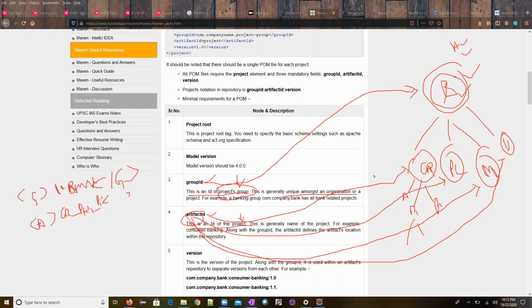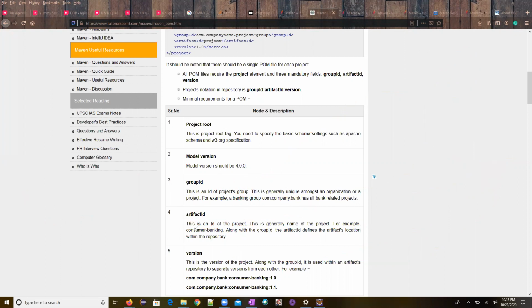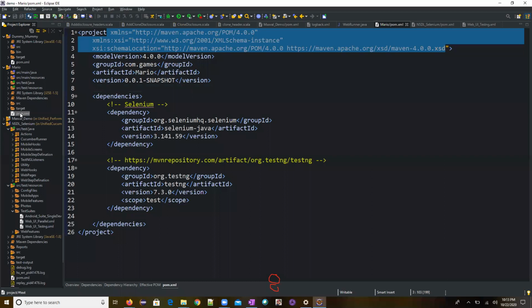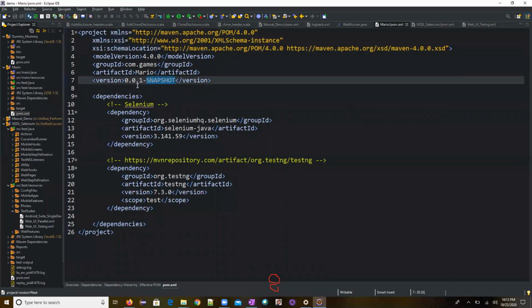Now, the most important topic we want to discuss, the versions. Okay, when it comes to the versions, the versions will be defined with this, what is the version of this particular framework. Whenever I'm trying to create the framework, I'll be giving the version number as 1.0 or 2.0. So that we will be writing it over here. Now don't get confused with the snapshot. I'll come to the snapshot later. So just as of now, you need to understand that.